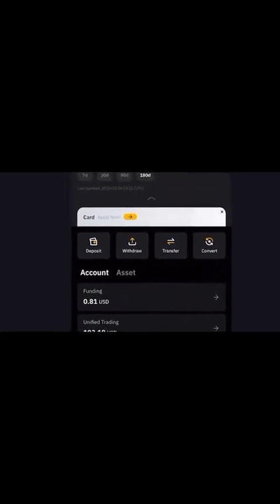So what I'm going to do is I'm going to click on market and I'll click on hot. So you can see a list of all the coins right here. So if you want any coin, let's say BTC, you're going to click on it and then buy it. But let's say you can't see the coin you're looking for in this list. You can just come here and type the name of that coin and it will show up right away. So I'm going to buy